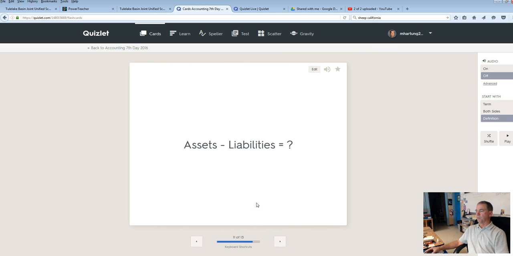Okay, here's a little transformation of the accounting equation. So assets minus liabilities would equal, yes, the owner's equity. And the assets minus the owner's equity